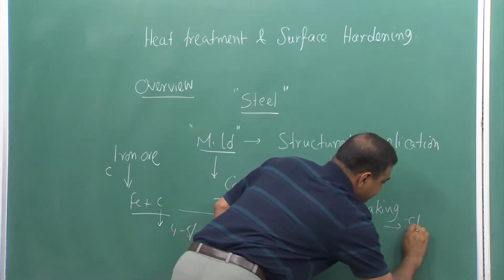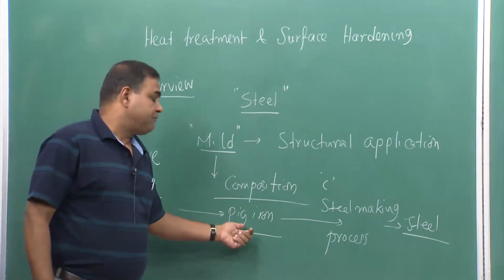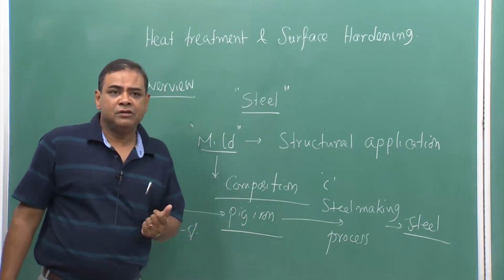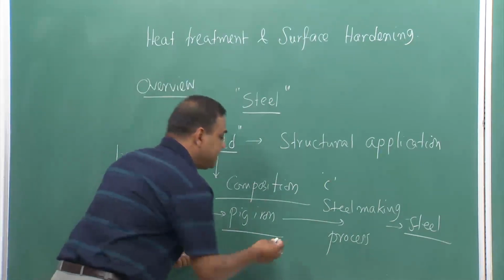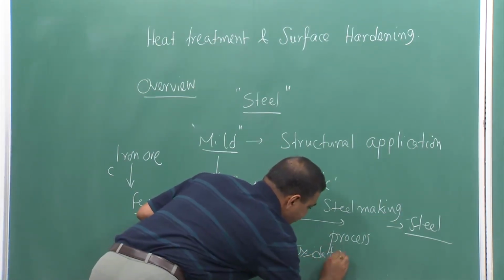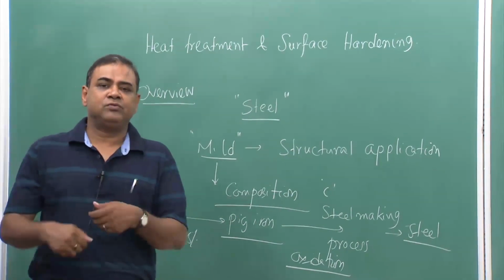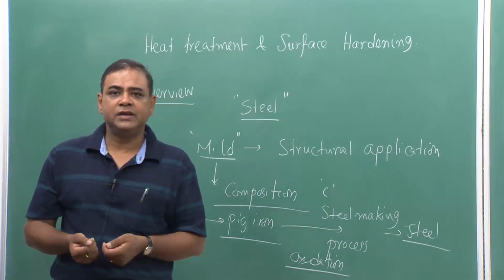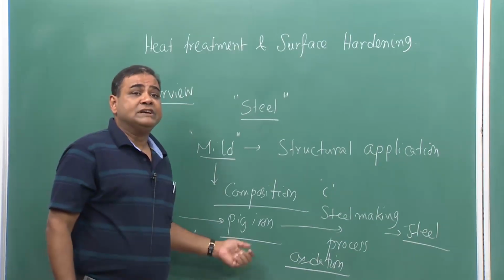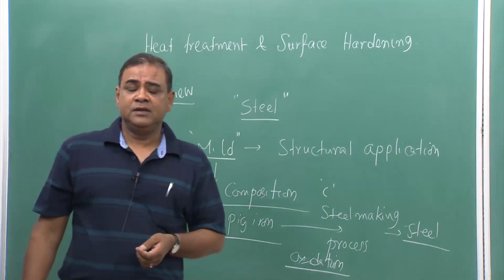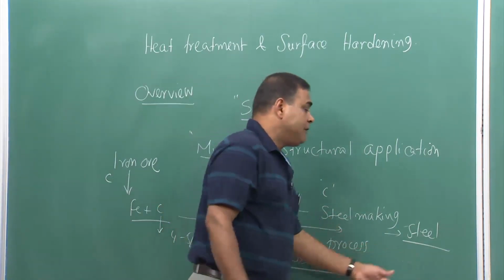to form steel. There we simply reduce the carbon content from pig iron. How can we reduce it? We use the oxidation process. So, the steel making process is basically an oxidation process, where we oxidize carbon to reduce carbon, and when we oxidize carbon it forms carbon monoxide or carbon dioxide that evaporates out. And in this process we definitely lose some iron in the form of iron oxide, but finally the left out material is steel, where the carbon varies from